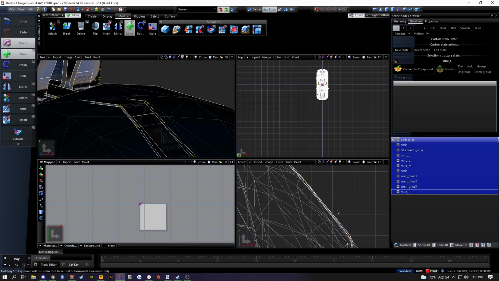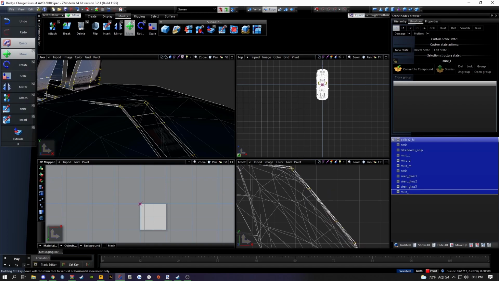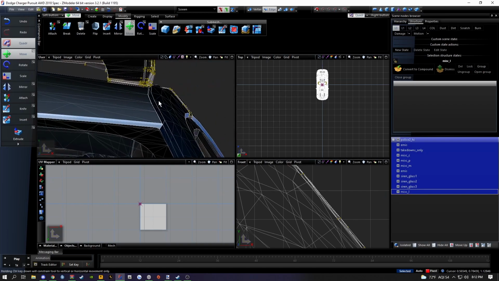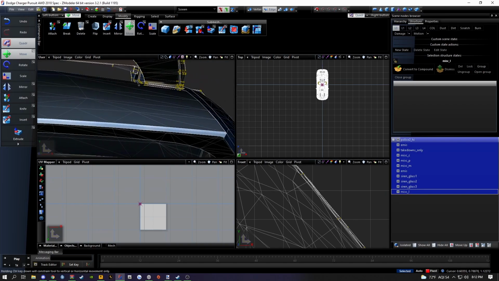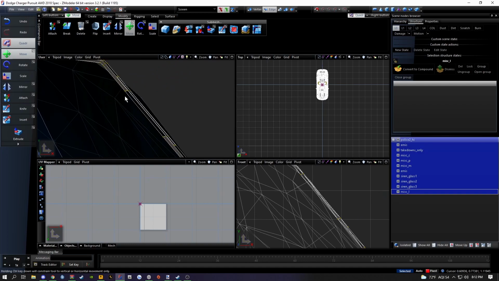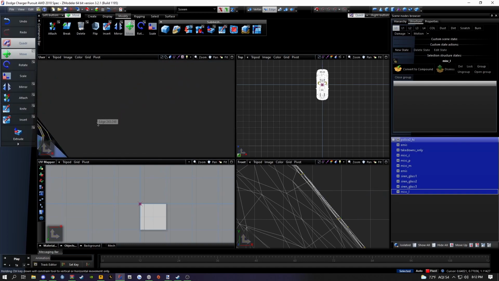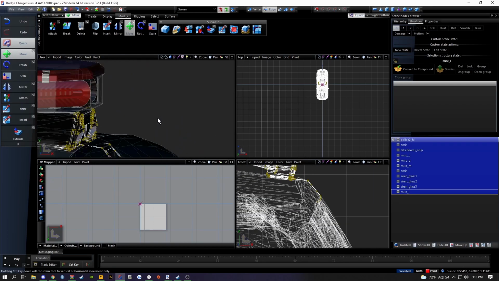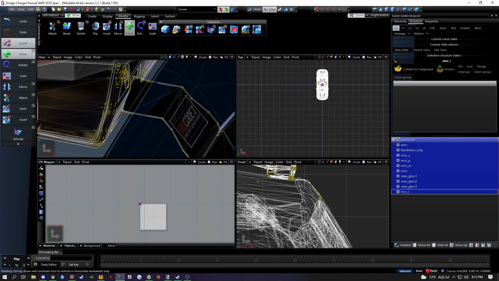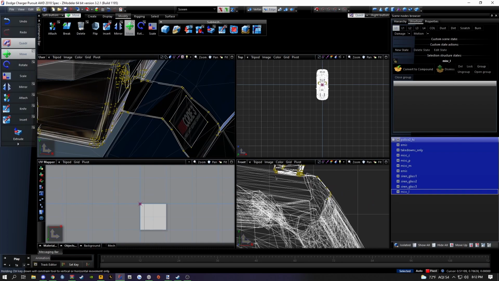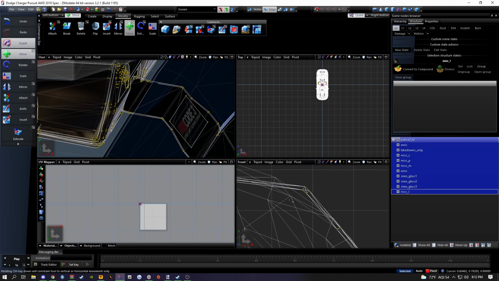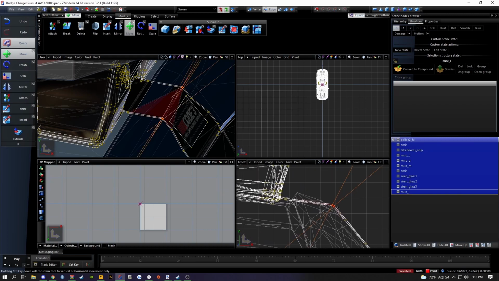I find this to be highly inaccurate sometimes. Like you can see it's pretty much in line with the vehicle itself, but if I were to go into a view like that here, you can see it's kind of raised off the car a little bit, so I always tend to get it just a little bit closer, if not overlapping. Excuse me. All right, so what we need to do here is hold right click again, highlight these two polys,